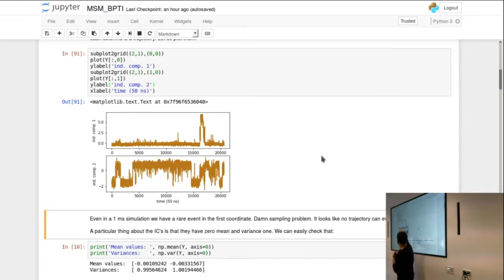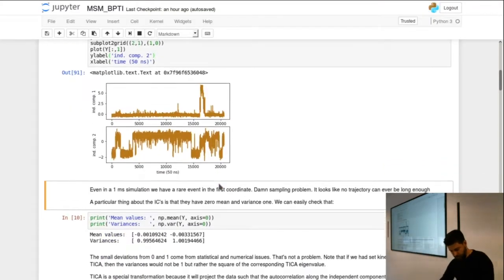If I were to compute the autocorrelation function of this time trace, then it would have a very high time constant, which is what Ryan said at the beginning. And now, obviously, whatever is happening in the second coordinate, it's happening more often, right? I don't have to wait much to see it. And if I were to compute the autocorrelation function, which I'm hoping helps you put this into perspective, it would have a faster time constant. And I know that there's a question there. Let me just move on,